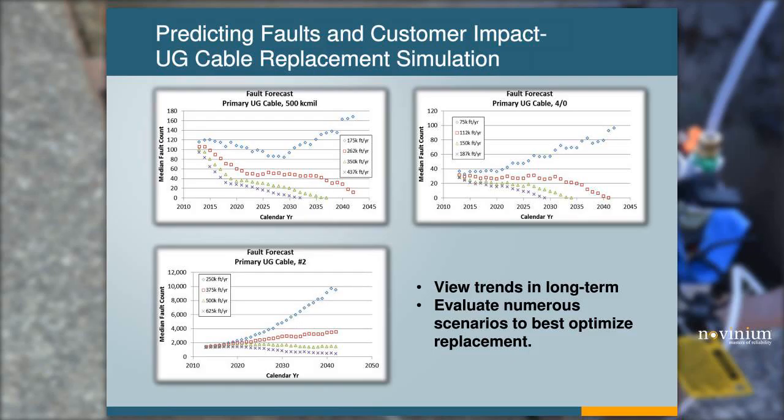The flip side is when we look at replacing higher amounts of cable. If you look at, again, on our number 2, where we have 500,000 and 625,000 feet, same thing on our 500, our number 4. When we've replaced larger amounts of cable, you just don't see the bang for the buck as far as increasing those dollars and reducing faults. So again, we try to optimize our replacement by finding footages that maintain and slightly drive down our fault rates over the course of time.